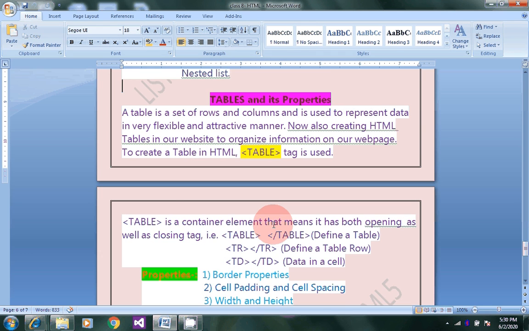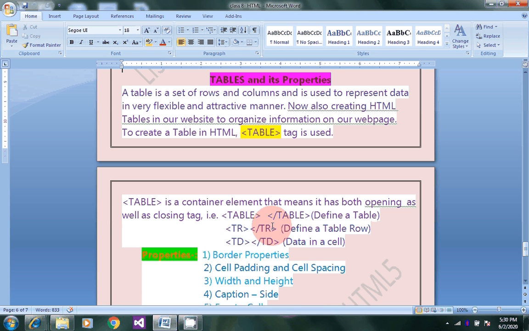Now the most important, we are going to discuss tables and their properties. A table is a set of rows and columns used to represent data, as we already know from the previous class. A table is a set of rows and columns used to represent data in a very flexible and attractive manner.